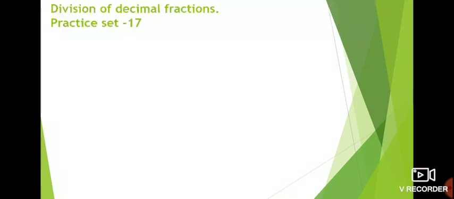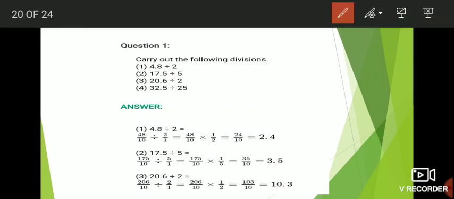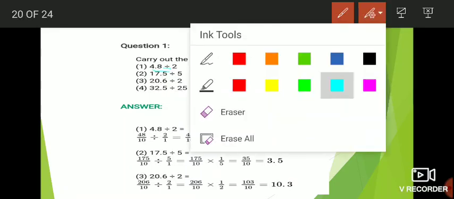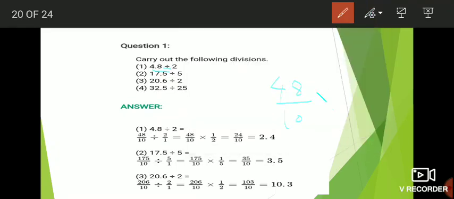Okay, now we will see the division of the decimal fraction, like the multiplication of the decimal fraction. In division of the decimal fraction, what we have to see, that we will see now. The same method is there in the division of the decimal fraction. 4.8 divided by 2 is given. Okay, so after point 1 digit is there, that's why 48 upon 10 we wrote. And instead of division what we have to write here? Instead of division here we have to write the multiplication sign. Okay, and take the reciprocal of the 2, that is 2 upon 1 becomes 1 upon 2.